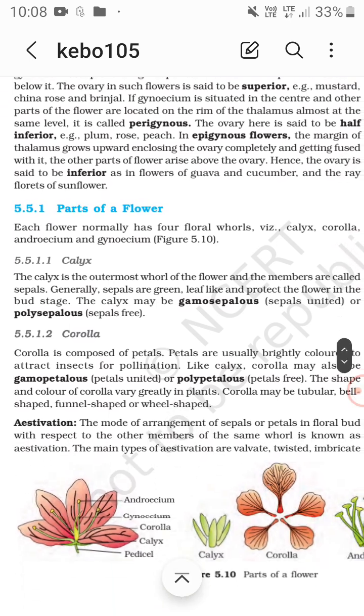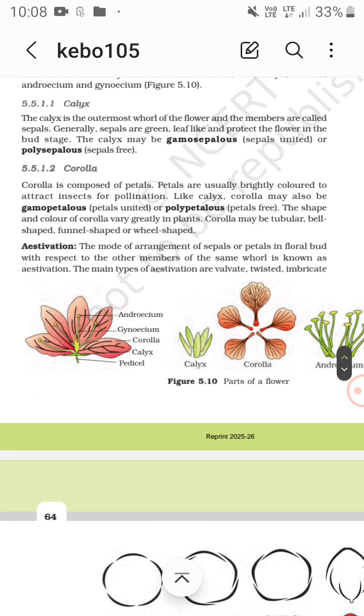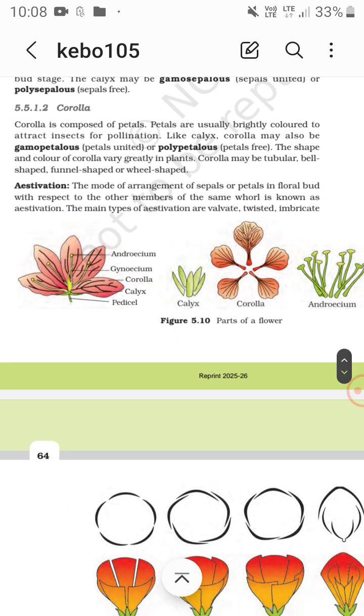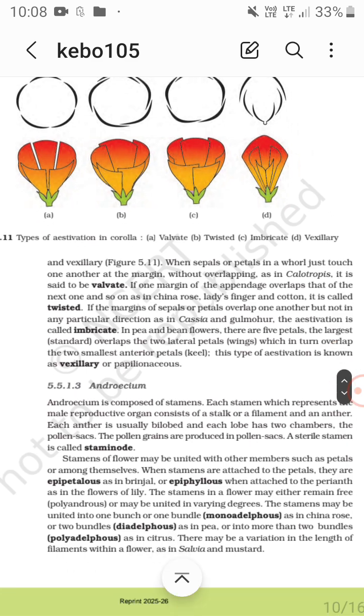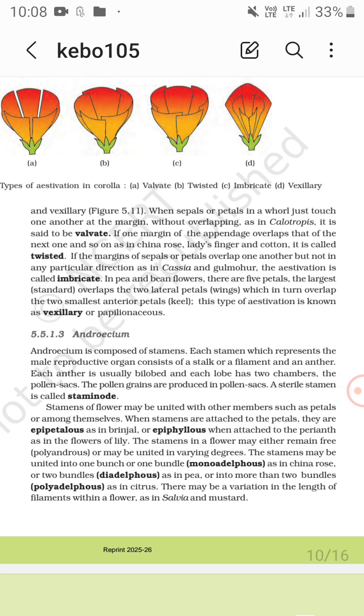Now parts of a flower: calyx, corolla. They show the estivation. What is that? The mode of arrangement of sepals or petals in floral bud with respect to the other members of the same whorl is known as estivation. Types: valvate, twisted, imbricate and vexillary. Now valvate estivation is seen in calotropis, twisted estivation is seen in China rose, lady's finger and cotton, imbricate in cassia and gulmohar, and